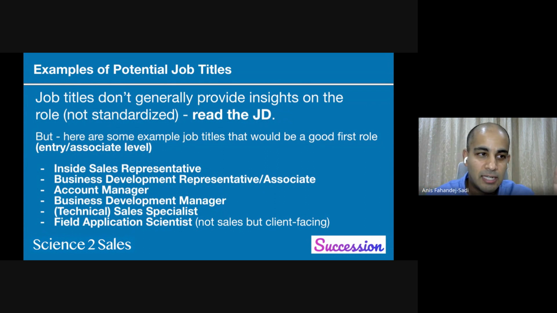This is not sales yet, but it's client facing. So if you're looking to make the transition softly, you don't want to jump directly into sales or BD, targeting a sales specialist or field application scientist role is also a good way to ease your way into it. Yes, and then as Harrison mentioned, things get kind of complicated because business development could be services, could be